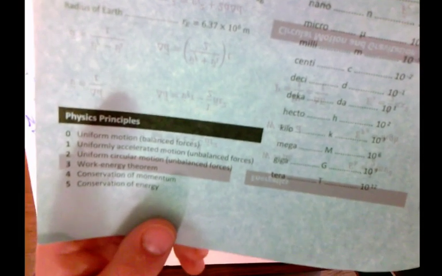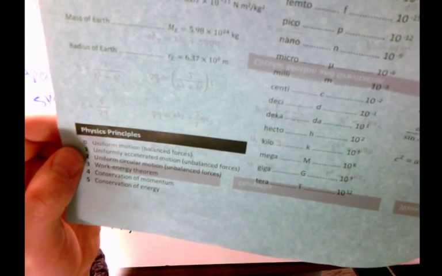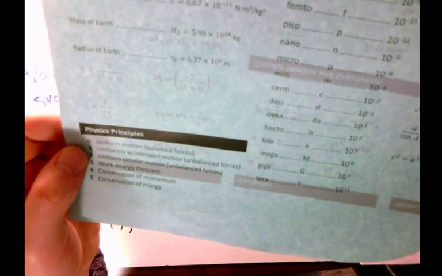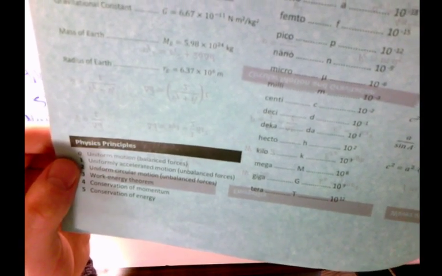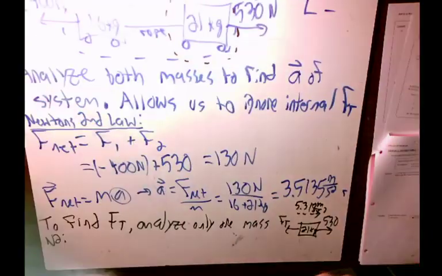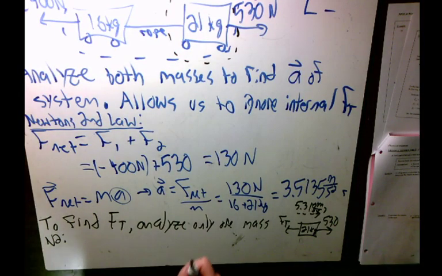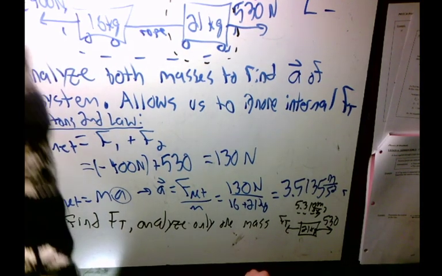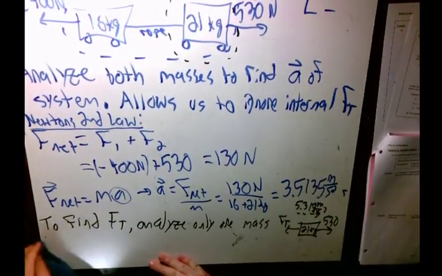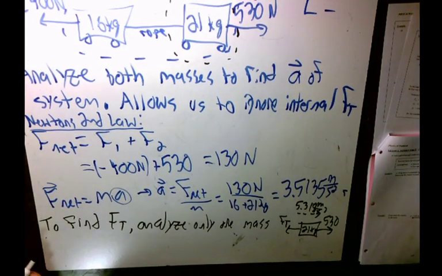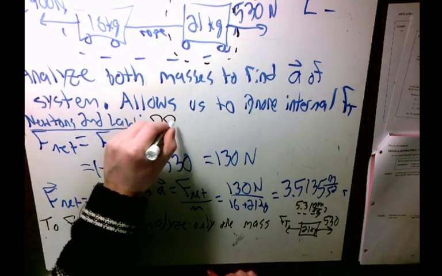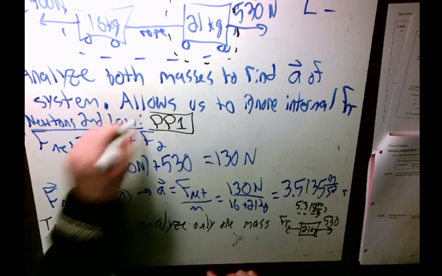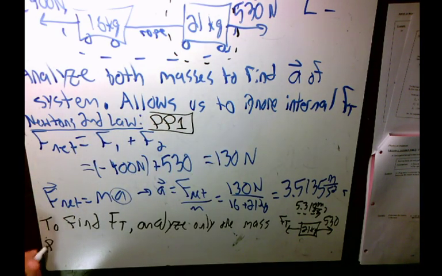So on this back side, we have our principles of physics. So uniform motion is our first one. That's going to be Newton's first law. Uniformly accelerated motion, which is unbalanced forces, would be Newton's second law, right? And we've got no theorem, no principle of physics for Newton's third law. It's more related to the second law. So Newton's second law could also be referred to as principle of physics 1. So using principle of physics 1,